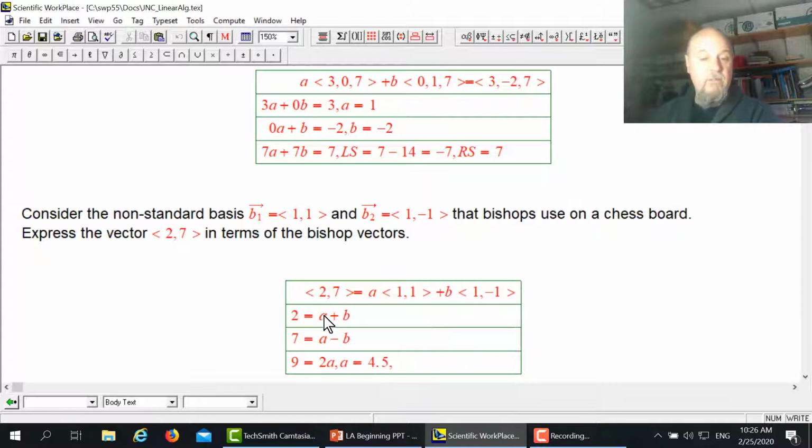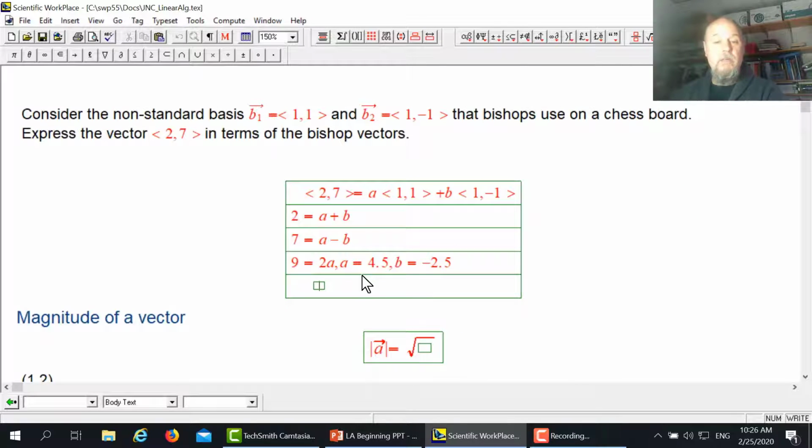If a is equal to 4.5, then b has to equal minus 2.5, so that when I go a plus b, I get the 2. So I've got two equations, two unknowns, and I solve for them. That means I can express this 2, 7 vector as a linear combination of the